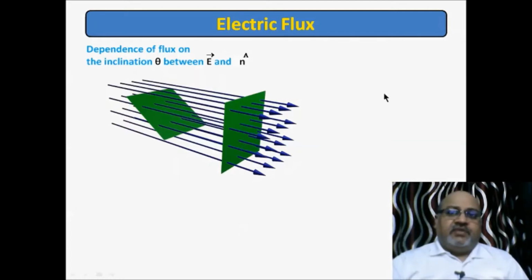This is area element exactly perpendicular to the electric field. Now these arrows are showing electric field, not velocity. As in case of liquid, we treated these arrows as velocity. Here these arrows are electric field intensity. So here one area element is exactly perpendicular to the electric field intensity, another area is little tilted, inclined at theta degree from the direction of electric field.